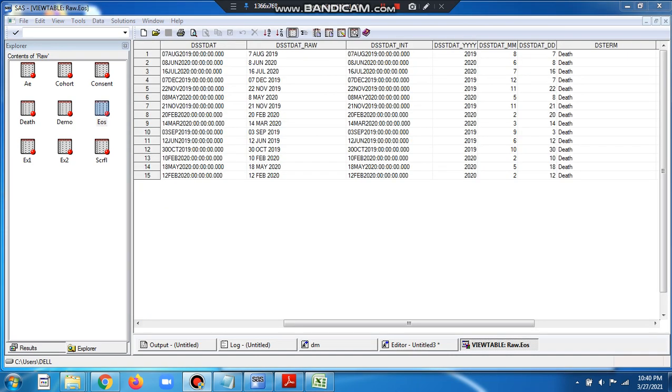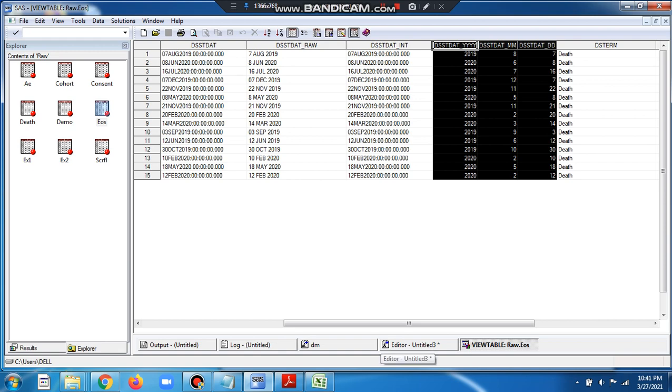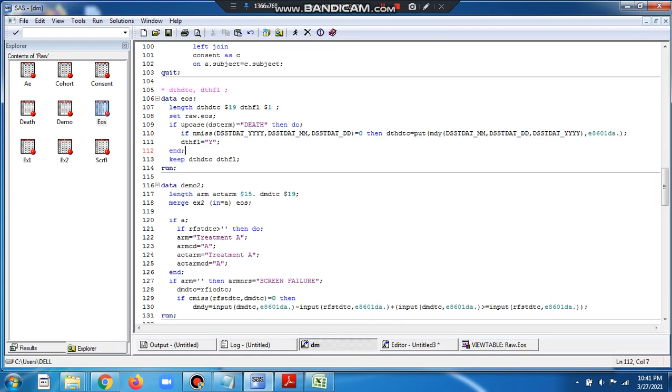So in this dataset we can see we have all the date variables, year, month and day, and if these patients have a non-missing value for year, month and day, and of course the first condition is the patient had a value equal to death, and they have non-missing values for all the three variables, then we compute death DTC using the MDY function. So we are combining the year, month and day.